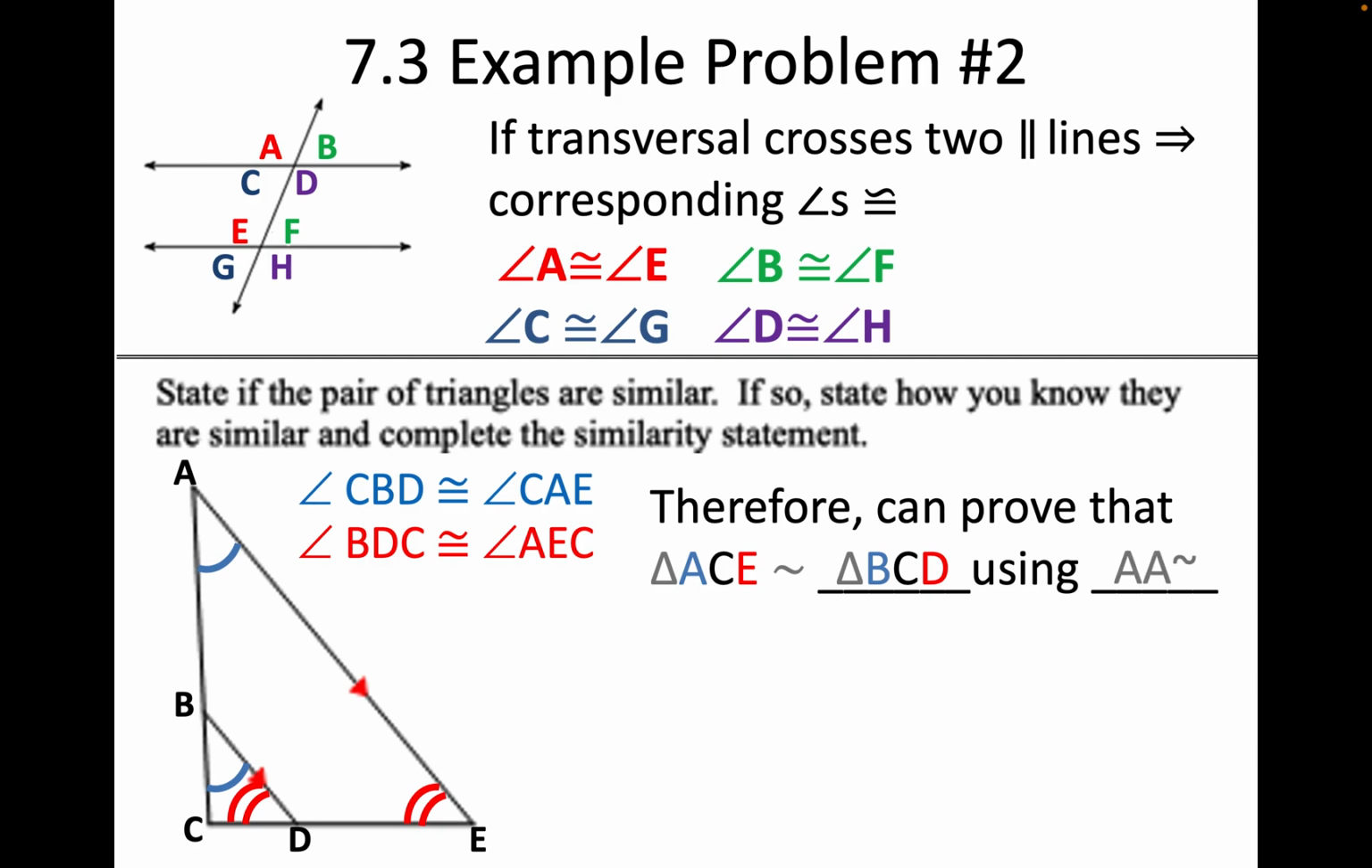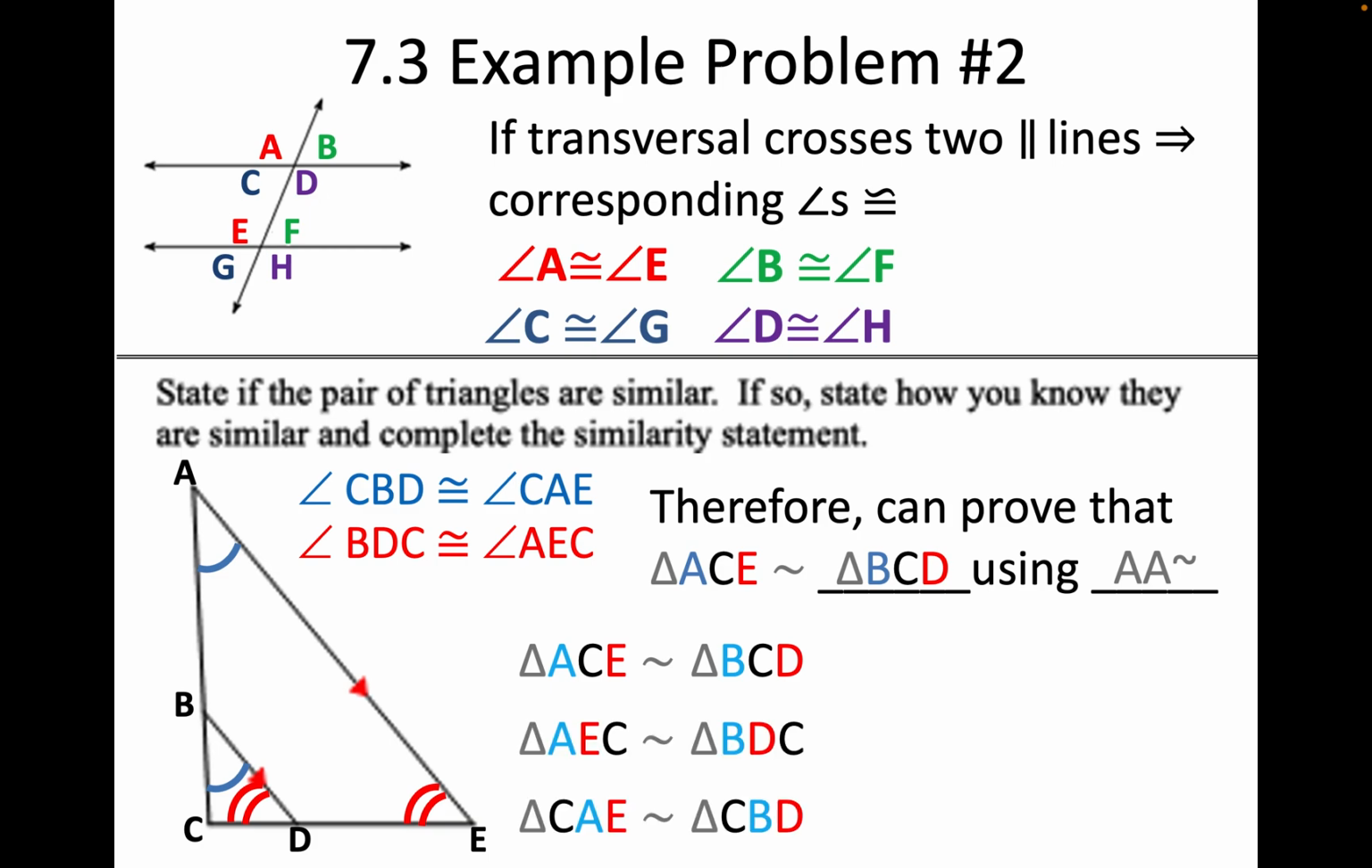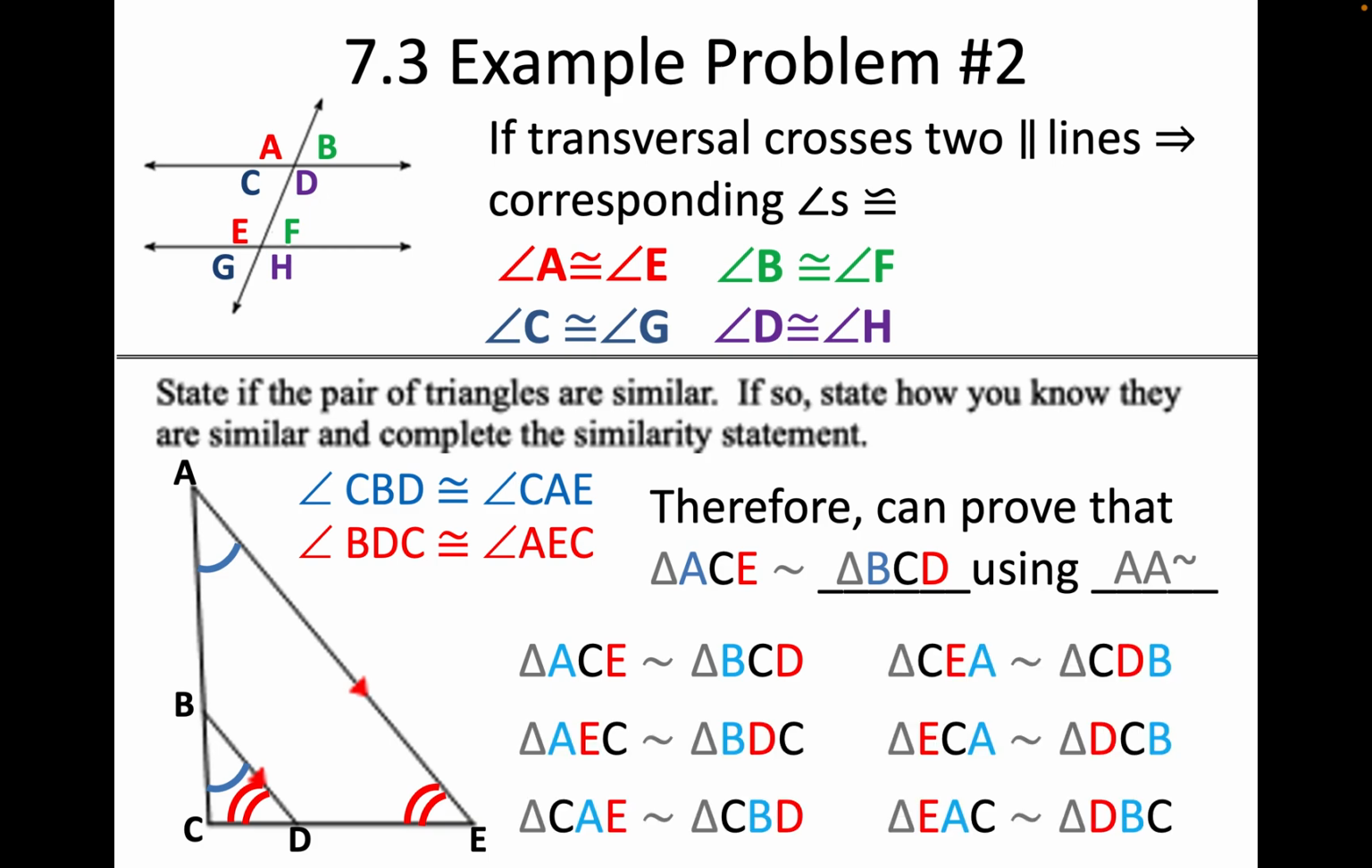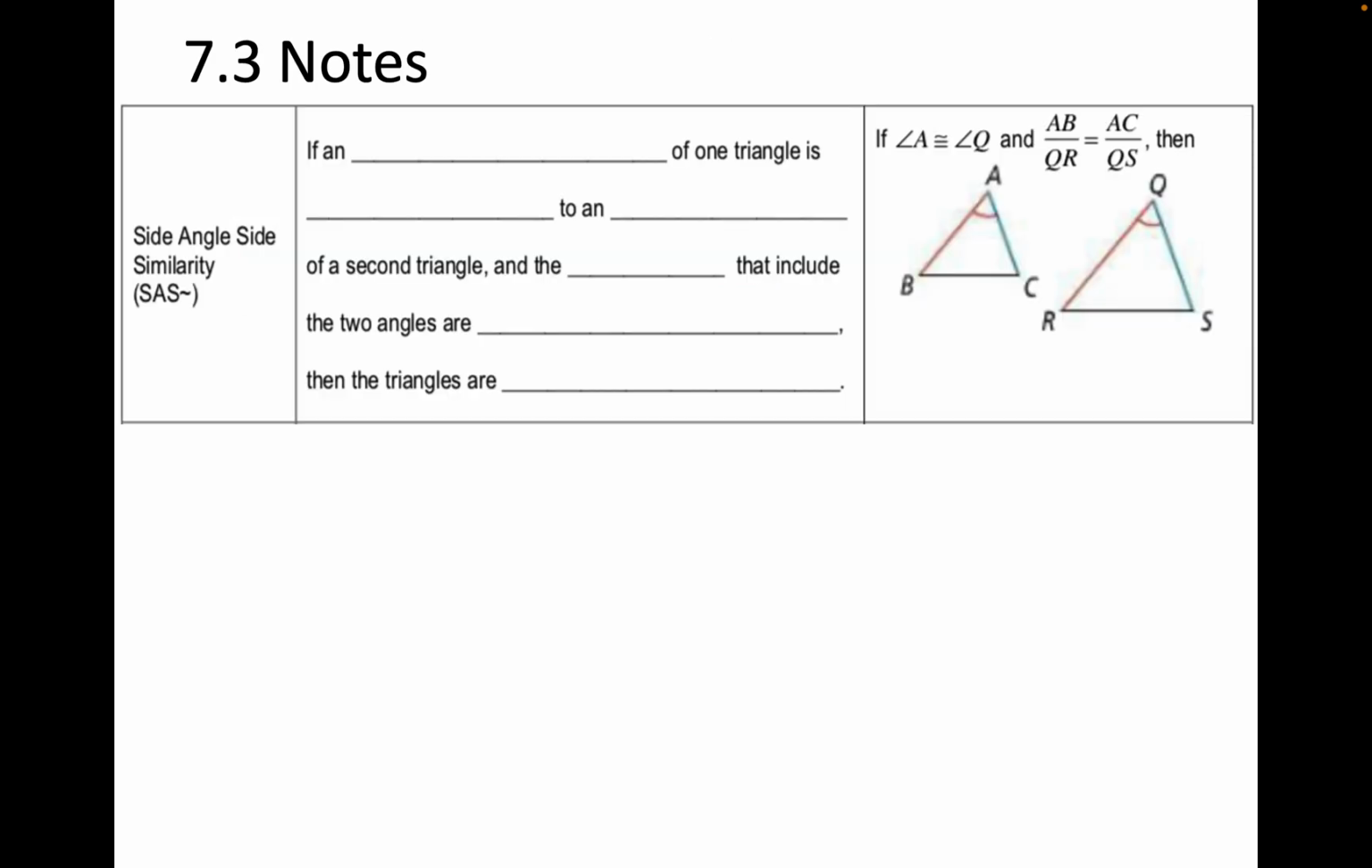And once again, it didn't have to be the particular similarity statement I wrote. It could have been that one, but it could just as easily have been this one, or this one, or this one, or this one, or this one. The key point is that the corresponding points are in corresponding spots in the similarity statement. Okay, we've done angle-angle similarity. Let's move on to